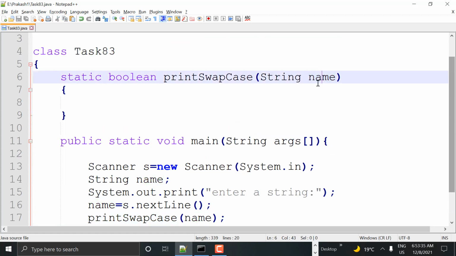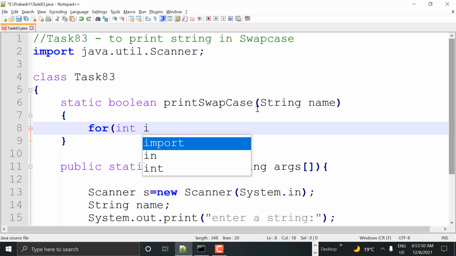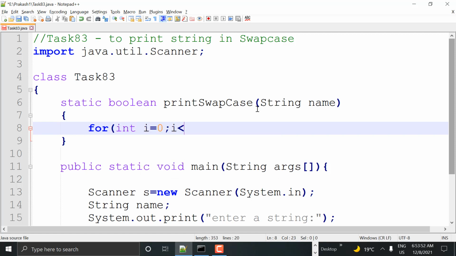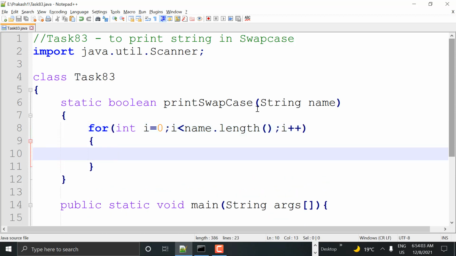Now the string is ready in the name variable in the function called printSwapCase, and here we are writing the actual logic, guys. I'm taking a for loop, because we need to swap from the first letter to the last letter. We are iterating throughout the string: i equal to 0, i less than name.length(), and then i++. We are moving from the first letter to the last letter. First we are checking whether the character is uppercase or not using an if condition.